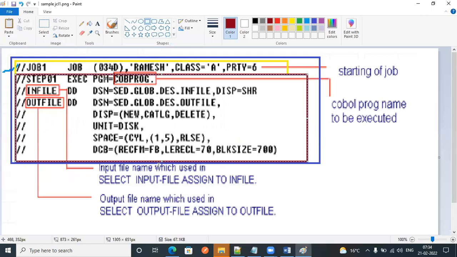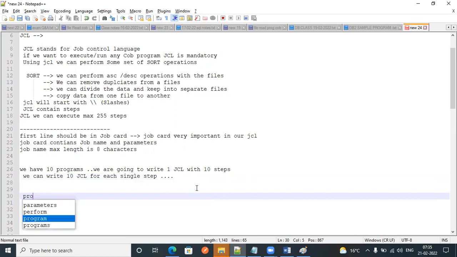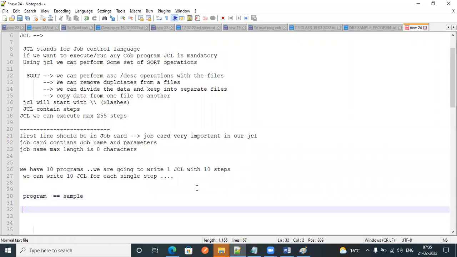And here I have a program. The program name is hello world. Otherwise we can keep it as program name sample. I have another program.